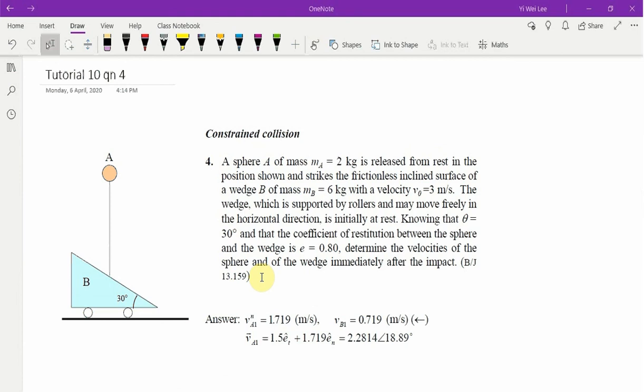Let me repeat. A constrained collision means that the particle or the body is forced to move in a certain direction after collision. So if a particle is forced to move in a certain direction after collision, it means that there must be a reasonably large force, which is comparable to the collision force. When you have such force, it means that when we apply the conservation of momentum equation, we have to be very, very careful on the forces that are available,